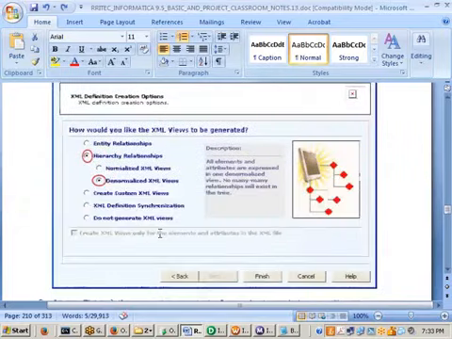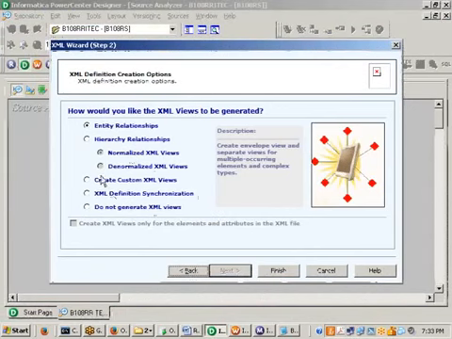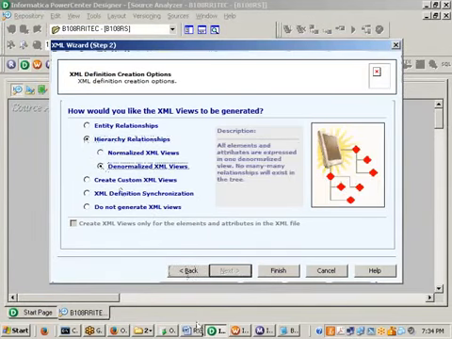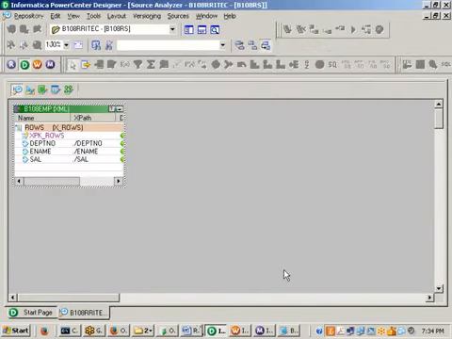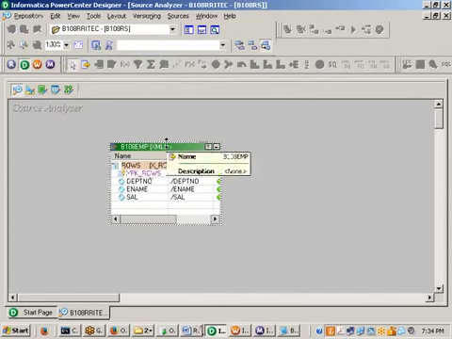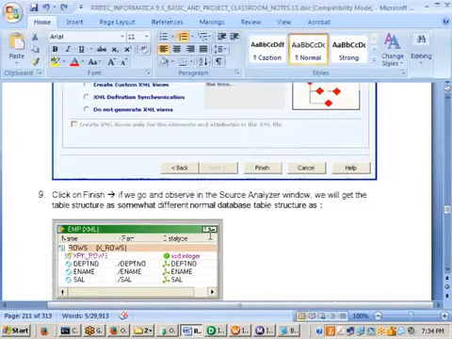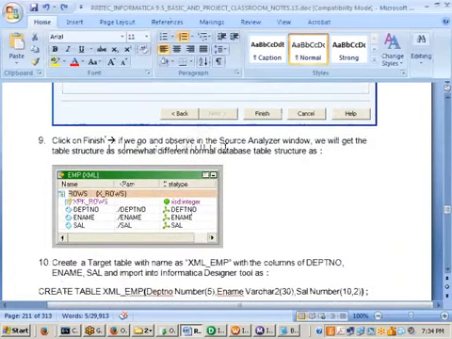One thing you have to select. I am selecting hierarchy relationship, and it is a denormalized XML view. The format you have given is this. Let us go and select that. Create the hierarchy relationship, then denormalized XML views. Click on Finish. So we created one XML file as a source. Click on Finish. If you go and observe in the Source Analyzer window, we'll get the table structure,